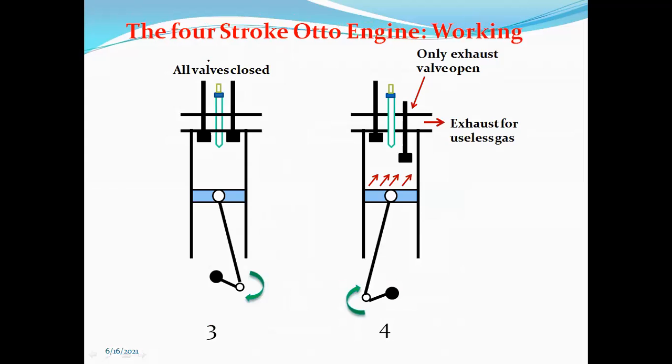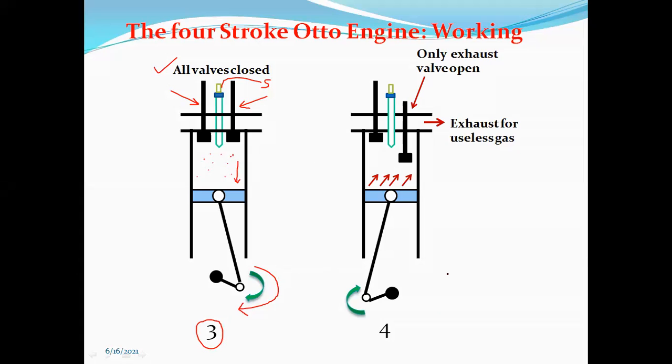Now in the third diagram, again all valves are closed. At the center, you can observe the spark plug, which is over here. Okay, so this is the spark plug. This valve, that is the exhaust valve, and the inlet valve, both are closed. Now, due to burning of the fuel or ignition of the fuel, we can observe the increase in the volume of the fuel mixture. So, due to the increase in volume, this again pushes the piston, and hence the working stroke is observed in the third process.